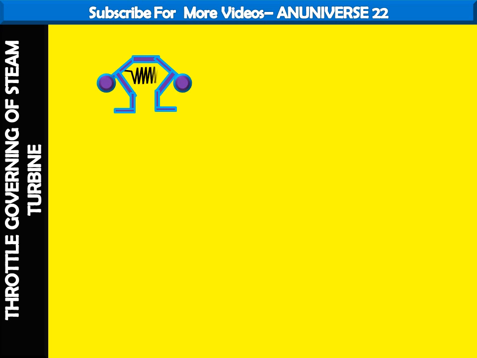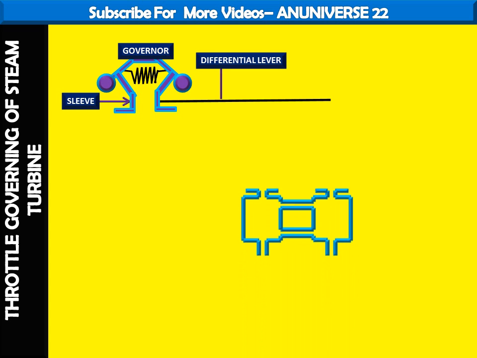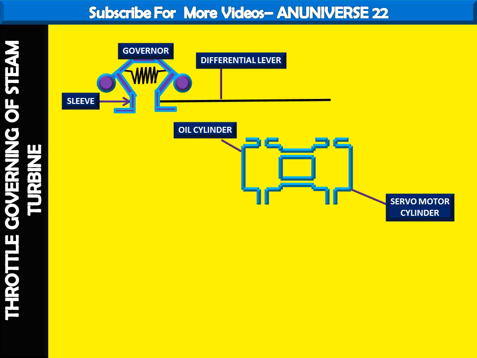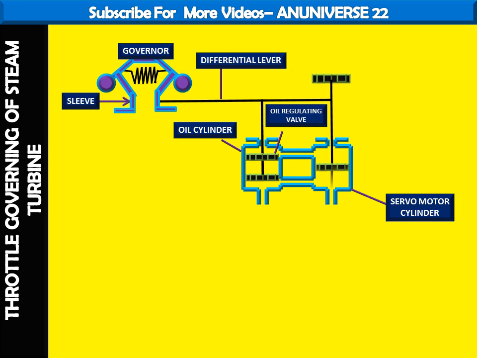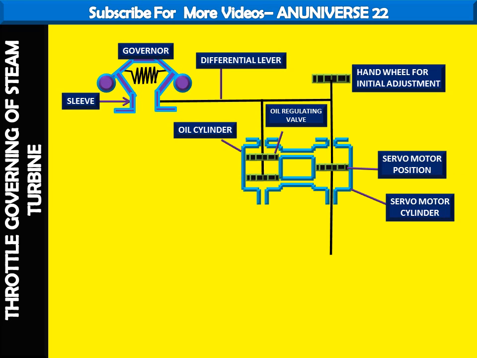This is the centrifugal governor and its spring, and here these are the fly balls and this is the sleeve. This is the differential lever that is connected with the oil cylinder and servo motor cylinder with the help of this pilot piston, and here is the oil regulating valve. This is the hand wheel for initial adjustment. This is the servo motor position, here we can see,